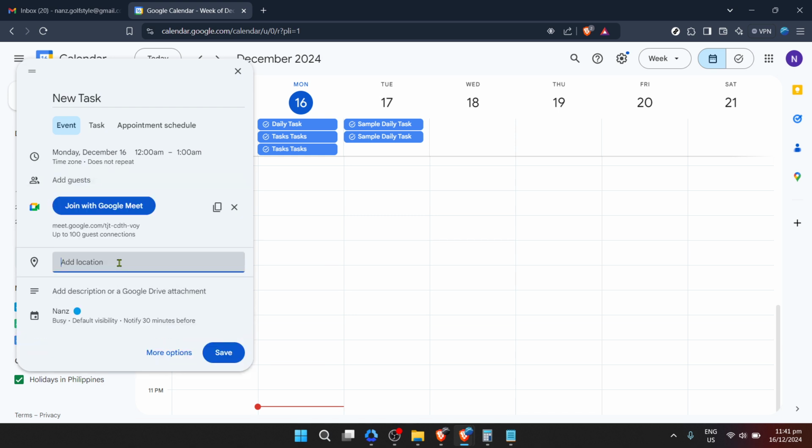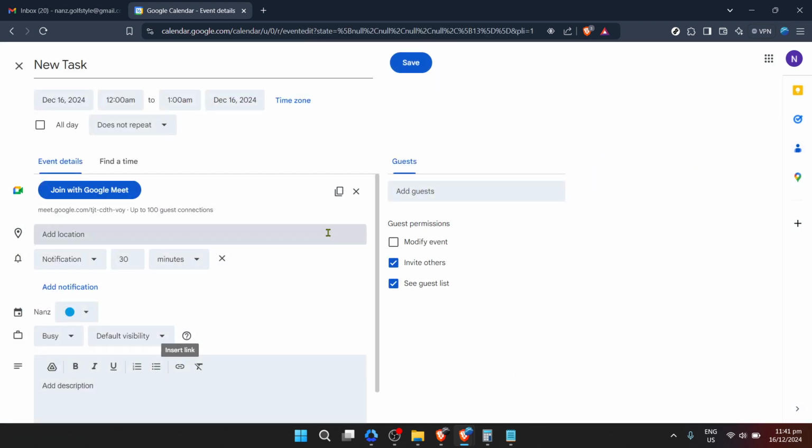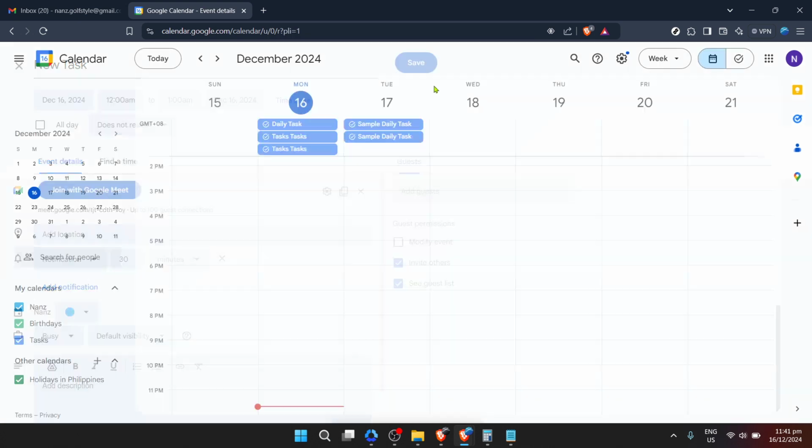It's worth noting that Google Tasks can also be accessed directly from the Google Tasks app or within the sidebar of Gmail and Google Calendar, offering different interfaces to cater to your workflow preferences. Experiment with accessing and viewing your tasks in these different areas to find what works best for you.